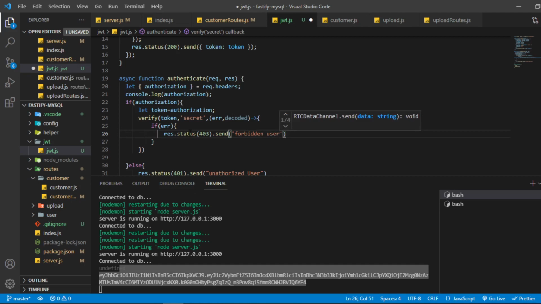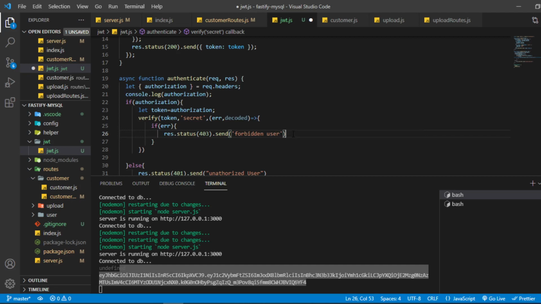It means that you are able to get the token, but there's something miscellaneous, or the token may be damaged. That's why it will give you 403. Or if you change something inside the token, then it is going to give you 403, right?